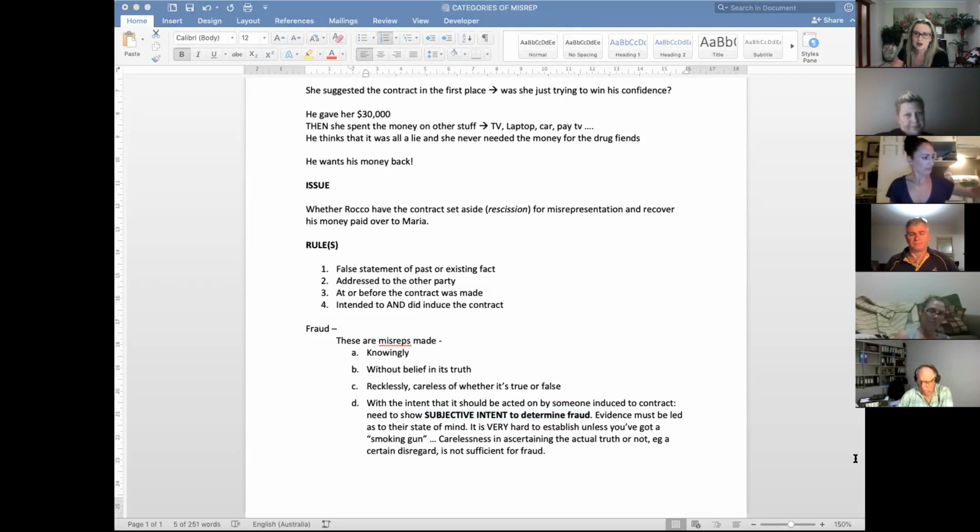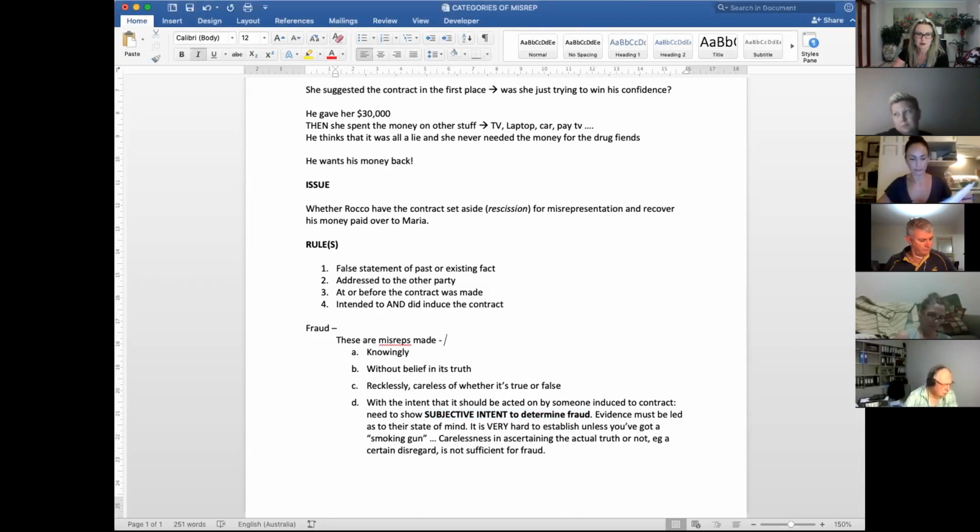So I am thinking here of a particular case. What was the case that set out these various elements for fraudulent misrepresentation? An old case. Is it Peek and Derry? Derry and Peek. Yep. What happened in Derry and Peek? Does anyone know?